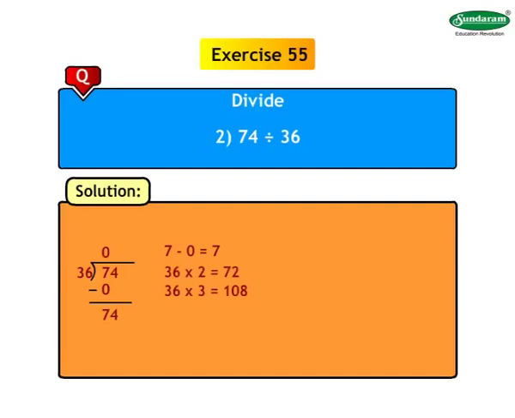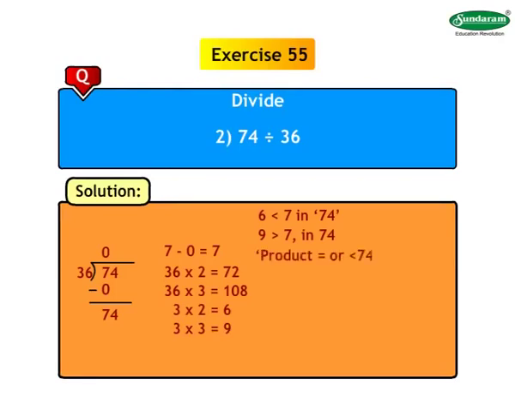So we will have to consider 36 into 2 is equal to 72, as 72 is less than 74. Or the other method is, consider the first digit on the left of the divisor, 36. It is 3. Now 3 into 2 is equal to 6, which is less than 7 in 74. 3 into 3 is equal to 9, greater than 7 in 74. So we should multiply 36 by 2 and not 36 by 3 to get the product equal to or less